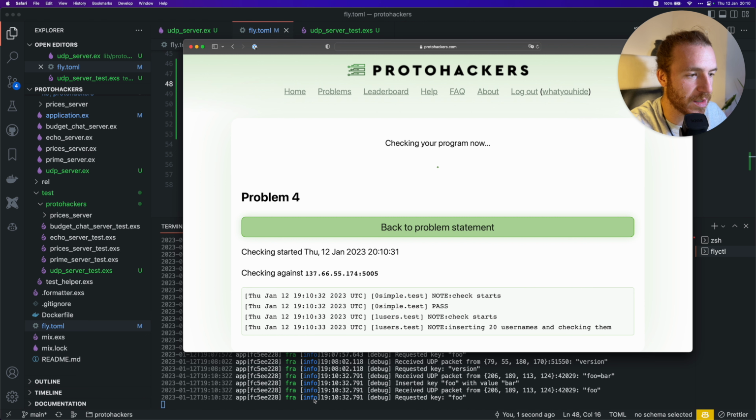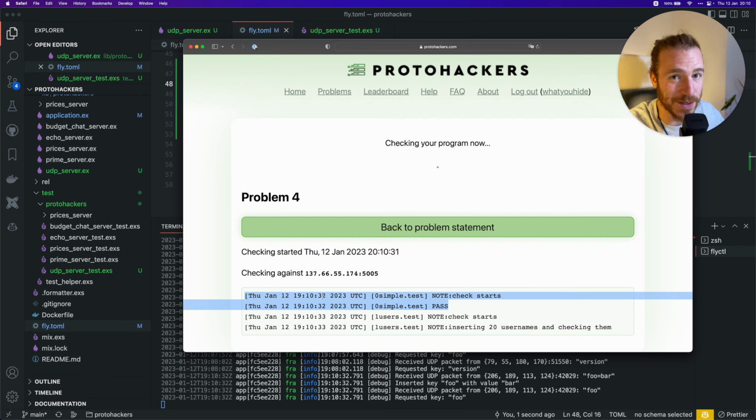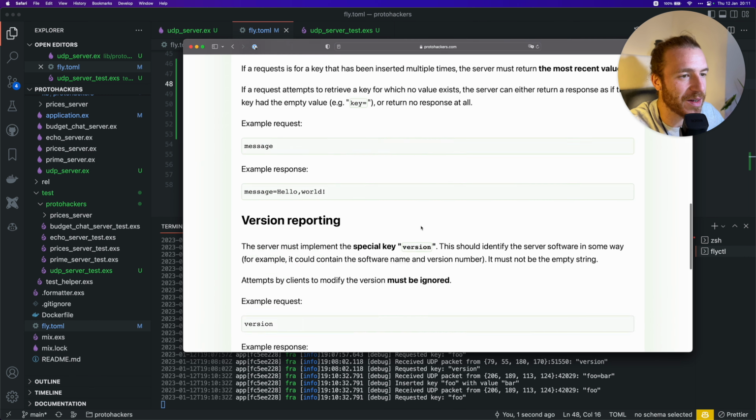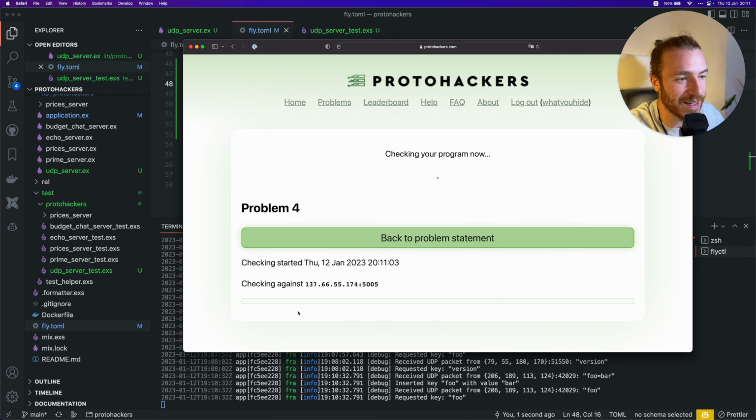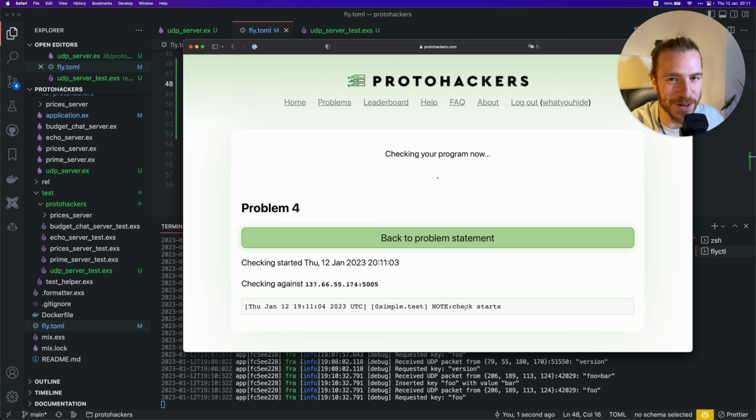Okay, so you can see that this is starting to work. I have new logs here from my application that say that something tried to set foo equals bar, and then tried to retrieve foo. So that's the basic test and it's working. It's actually reaching the server, but then when it tries to do other stuff, it stops. If I go back and do it again, sometimes it works, sometimes it doesn't, but eventually it's going to work. So you'll have to trust me on this. Try this out a few times and it's probably going to work for you as well.